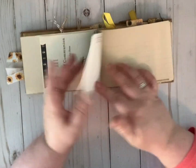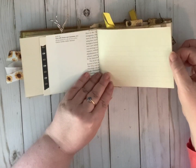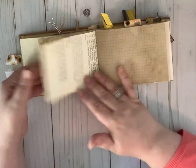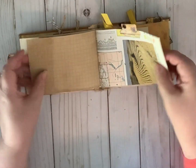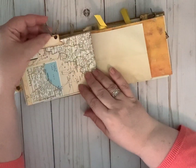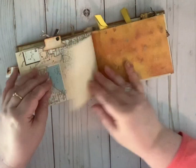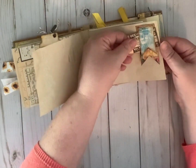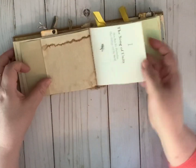Book pages, sunflower book page. Here's some vintage notebook paper and another small collage. There's a page from a typing book and some coffee stained graph paper, a map of North Dakota, and a tab up there on top with a charm. And the charm is just a number 365. Some more coffee stained paper. Here's a little double tuck spot up in the corner. Invoice, book page,